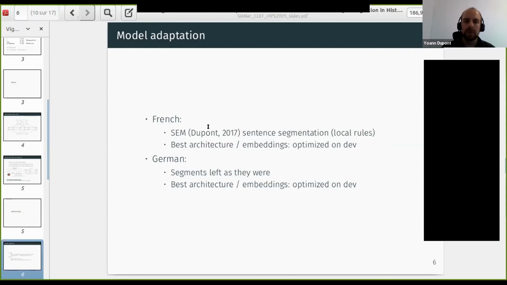So in French, we had sentences to have more meaningful context. And we optimized on dev to find out the best architecture or combination of embeddings. And in German, since SEM does not provide sentence segmentation for German, we left segments as they were.